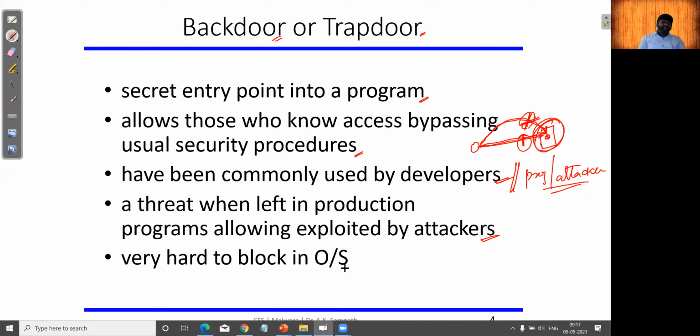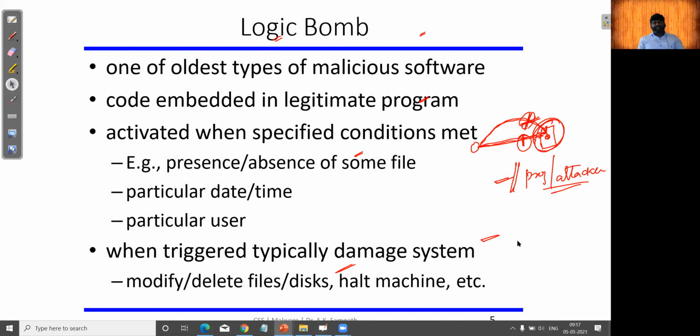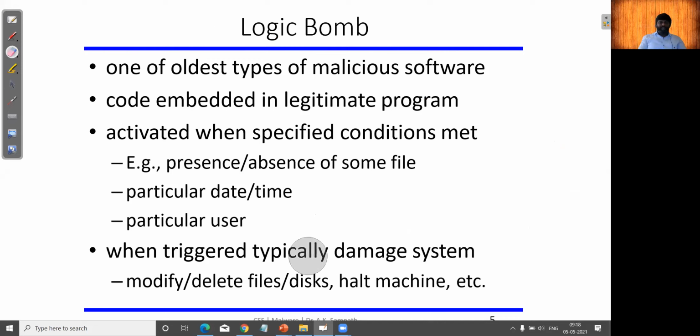So it will be very hard to block an operating system once it is identified; again, we may need to take precautionary actions in order to protect against this trapdoor or backdoor. When you hear the word backdoor or trapdoor, you need to remember that it is an illegal entry, bypassing the traditional security or the traditional way of reaching computers. They bypass the route and then try to launch code on your computer.